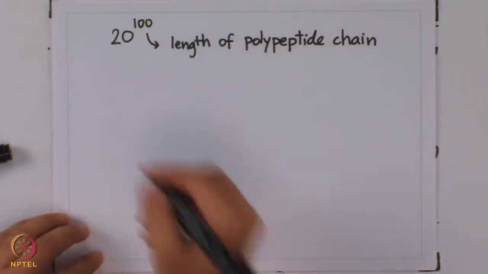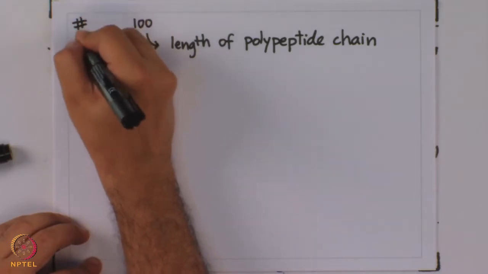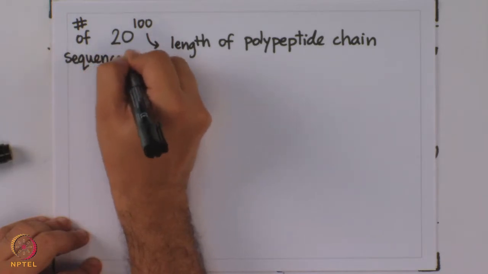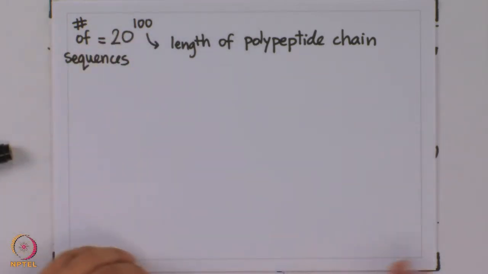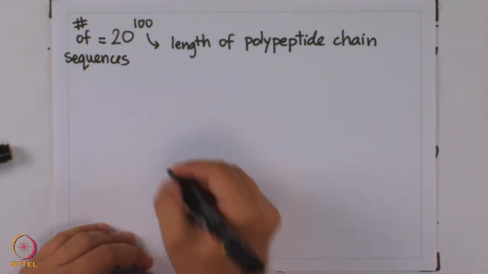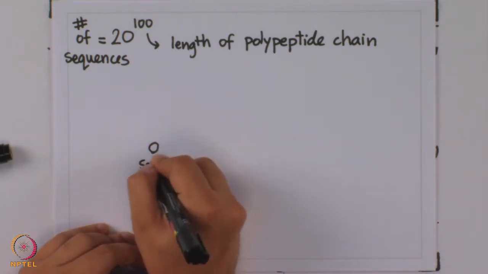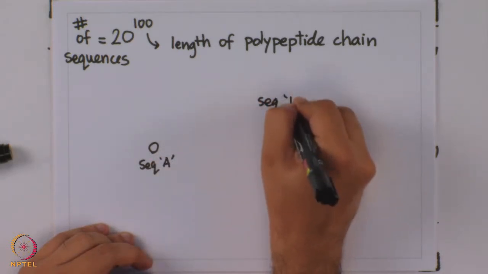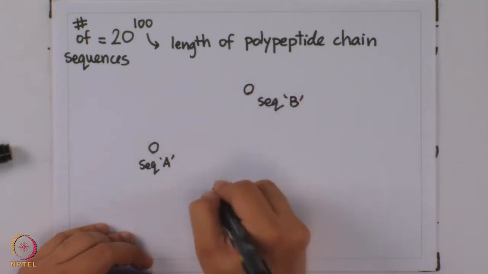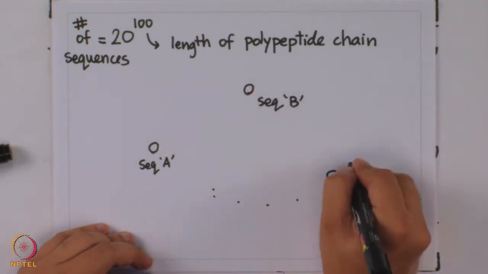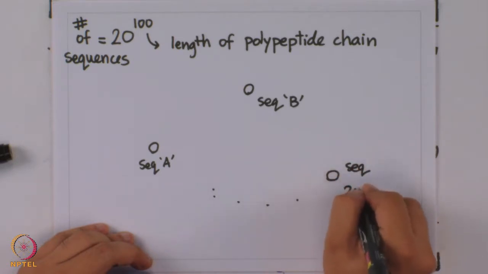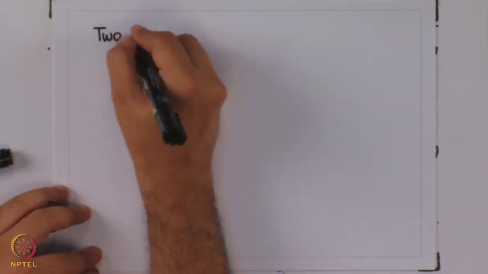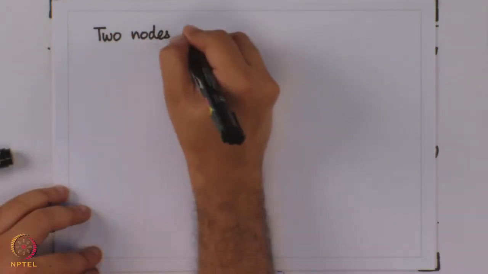And each one of these is the number of sequences, and each one of these sequences is going to be represented by a node. This is sequence A, this is sequence B, and so on and so forth, going all the way up to sequence number 20 to the power 100. And the rule for connecting nodes remains the same as the one in DNA, that when we are talking of